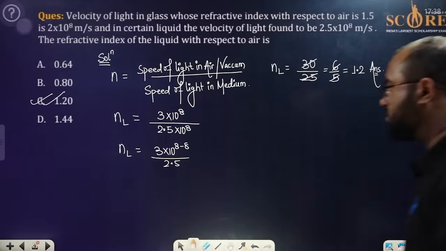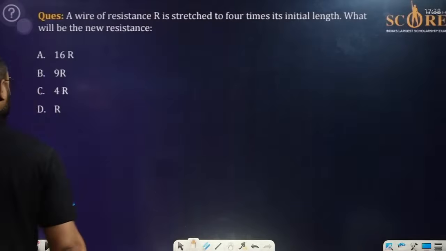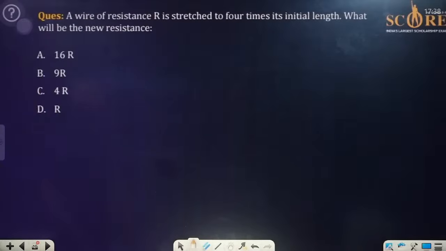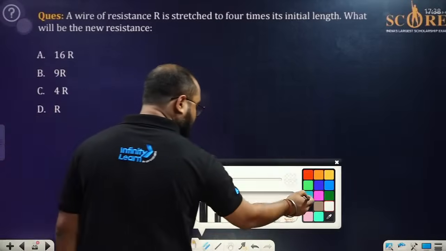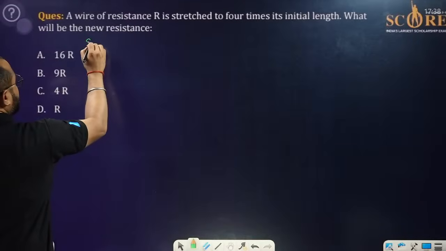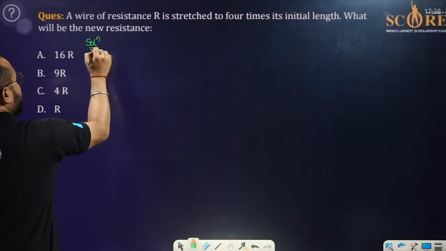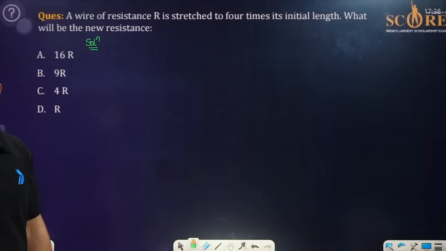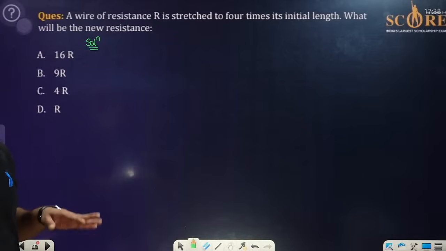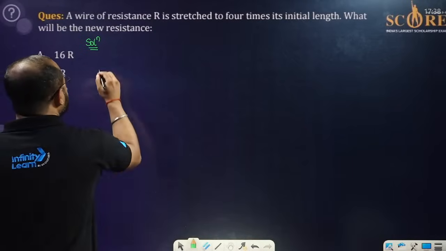Chalo, let us move to the next one then. This is what it is there. A wire of the resistance R is stretched to 4 times its initial length. What will be the new resistance? As you people know, in this type of question, when we have to compare from before to after, when we are going to compare this particular thing, one thing should be very clear,